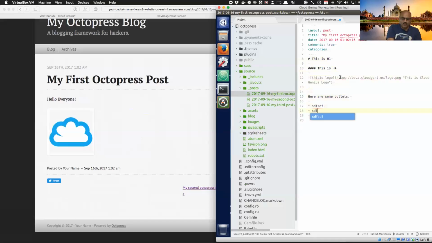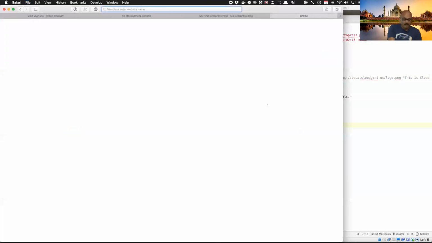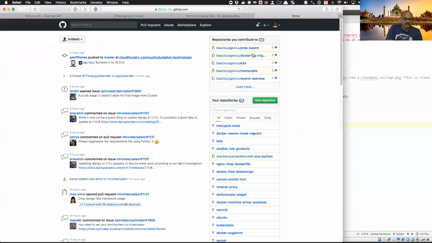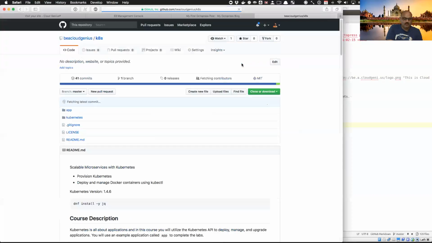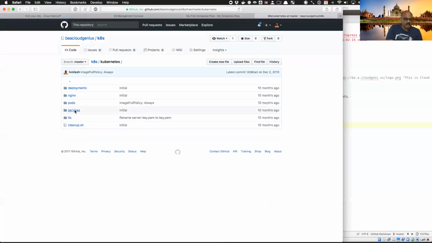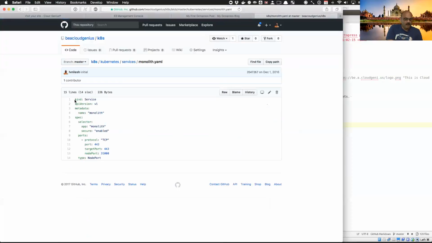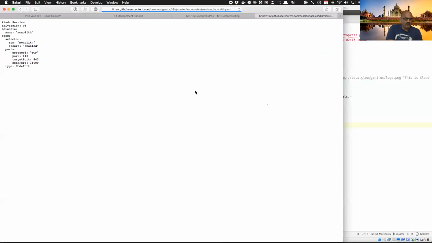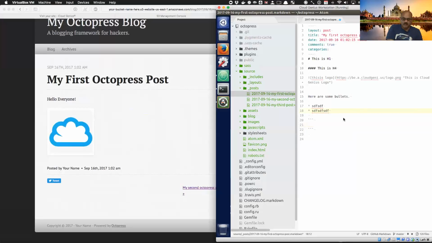If you have a piece of code you want to publish, you can again do triple backticks. This is a code snippet, and you can grab a sample piece of code from GitHub and drop it in there, easy. So here is Kubernetes software. We'll grab the Kubernetes example of a service file, and here is the service that I want to grab. So that service definition I just grabbed, put that in the bucket, put that in the backtick location, and then